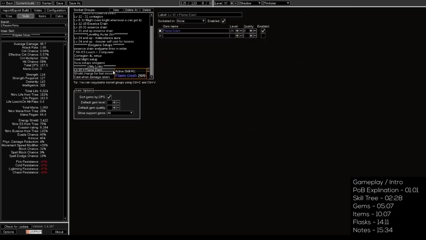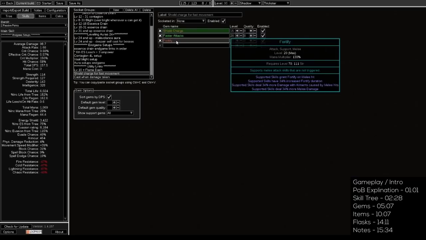For utility and to be able to travel off ledges, you want to have Flame Dash. You can get this one at level 10. For movement and survivability, you want to have Shield Charge linked with Faster Attacks and Fortify. What Fortify does is whenever you hit an enemy, you're going to get a buff that reduces the damage you